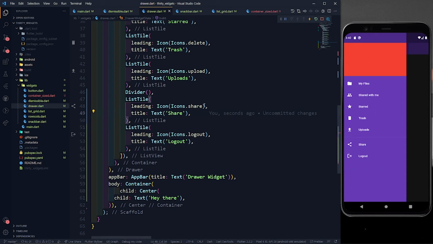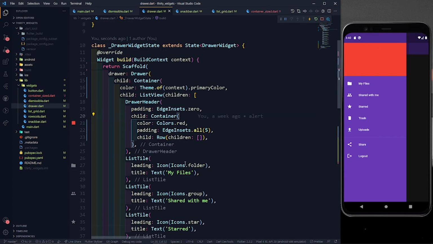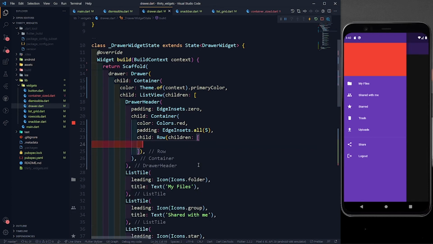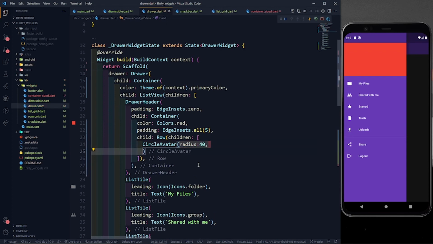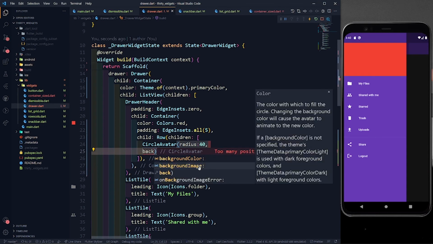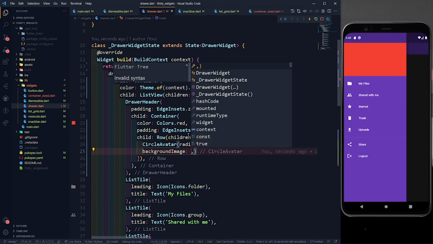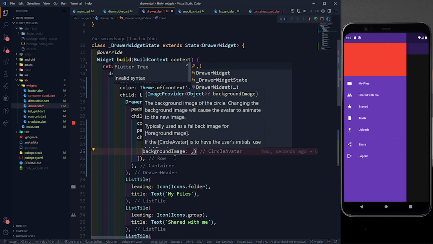Now let's define the drawer header. In this drawer header I have defined a container in which I have defined a simple row, right? So in this row I'll define children, and the first child is going to be my circle avatar. Let's define a circle avatar and keep its radius as 40, and I'll define a background image. Let's go to Google and take a random person image.